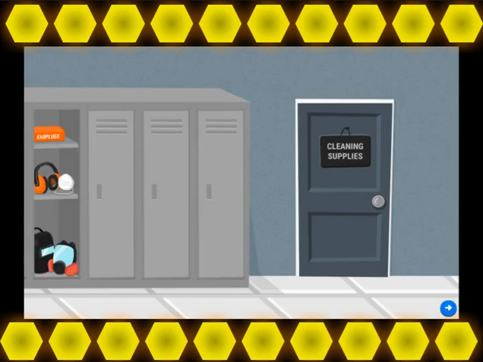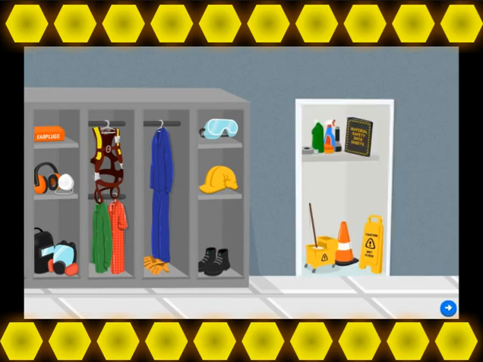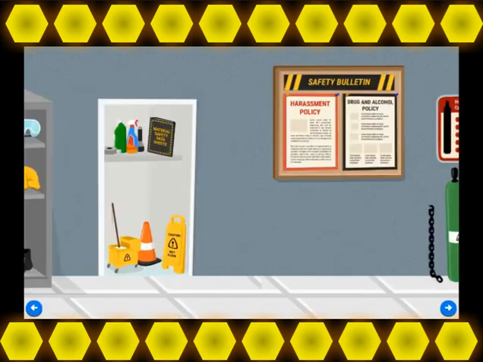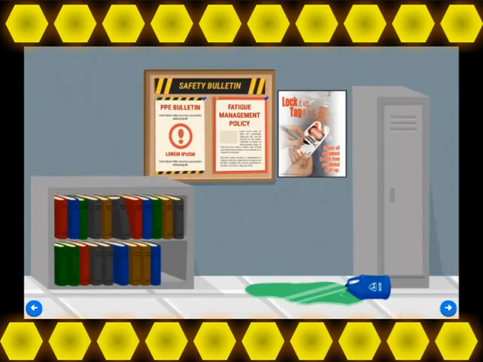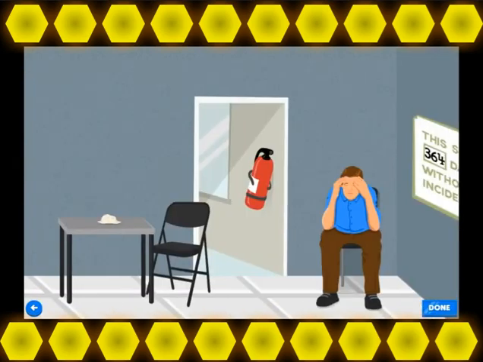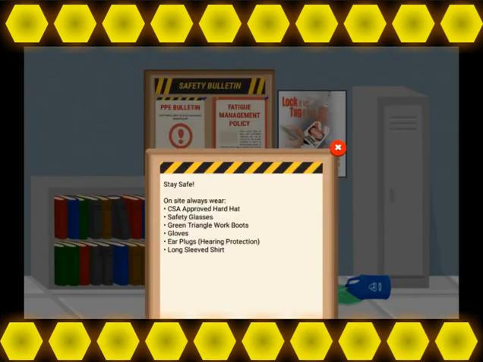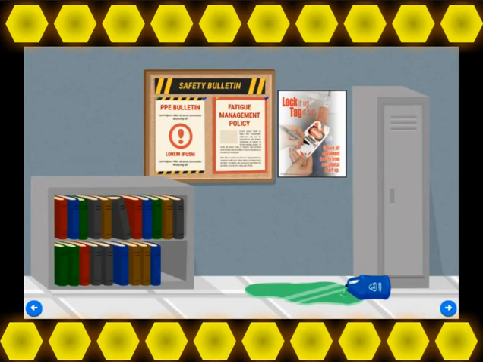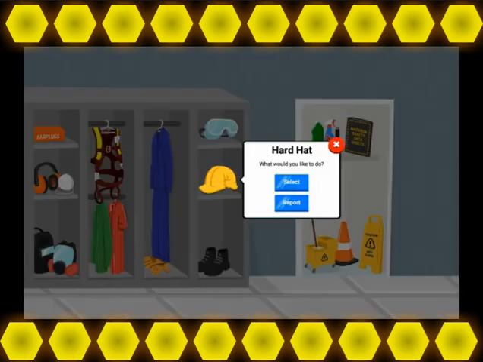Four screens have been made up for level 1. The user has to navigate between the four screens to find the information required to properly select their PPE as well as sign the bulletins. As you can see, other hazards are present that the user will have to navigate to get full marks for this level. Once they identify the PPE bulletin, they can go back to the lockers and ensure that they select the appropriate PPE for this site. All of this is completely customizable to the company.